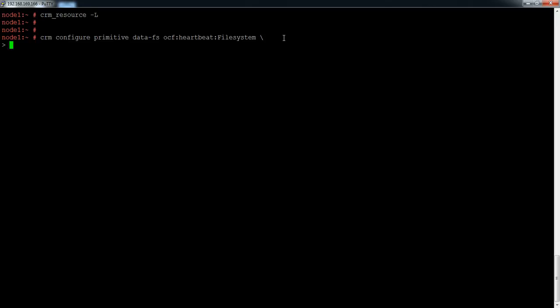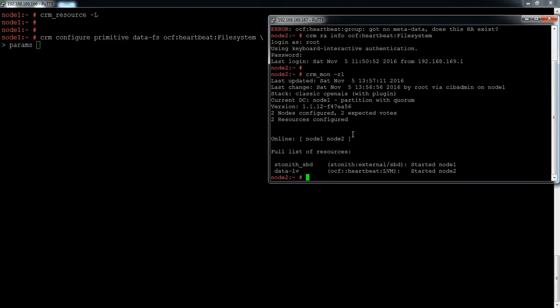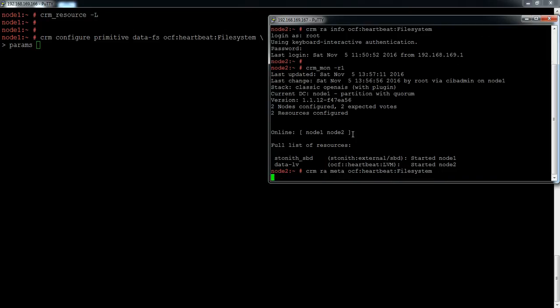Then the next section is params. Okay, so if you don't remember, for example, you don't know how to set the parameters and what they are, you get confused or you forget every time, I will show you a better way. You can do crm ra info or meta, both will do the same thing. ocf:heartbeat:Filesystem. If you run this command,